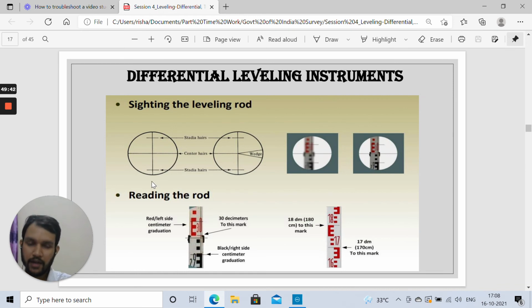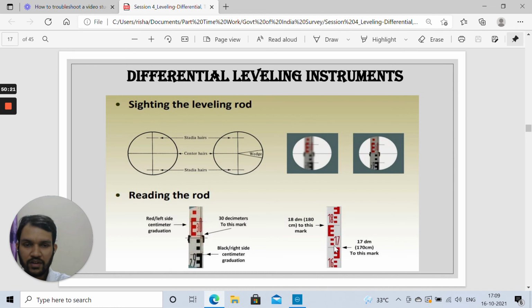Now this is the leveling staff. In the leveling staff, the one thing that you need to remember, whenever you get these readings like 17, 18, 19 or whatever are written, every reading that is written on top of the E, this 18 depicts that this is the reading for this particular mark, shown as 18 decimeter or 180 centimeter. This is not 18 meter, this is basically 1.8 meter, always remember, because it is up till a maximum distance of 4 meter. So it will be 1.7, 1.8, this is the 1.7 reading and this is the 1.8 meter reading.